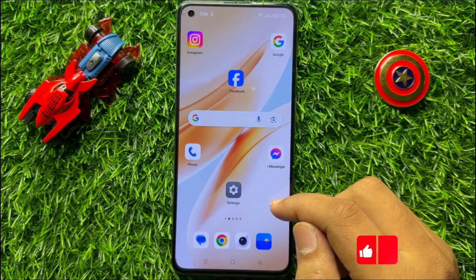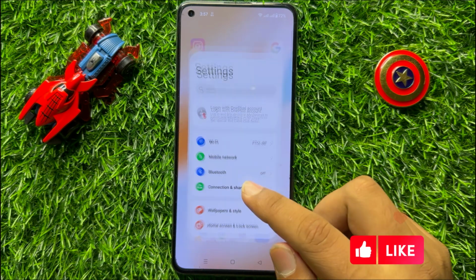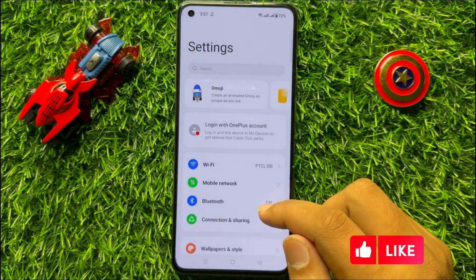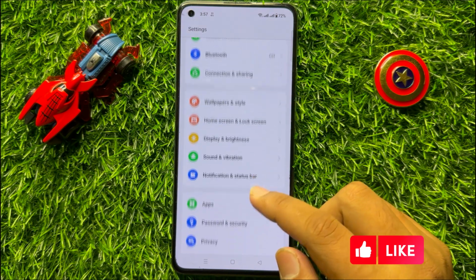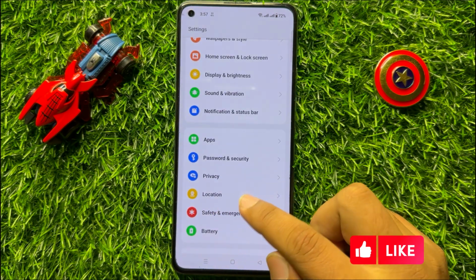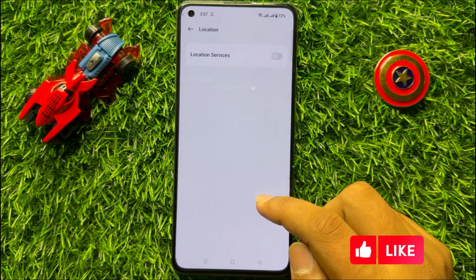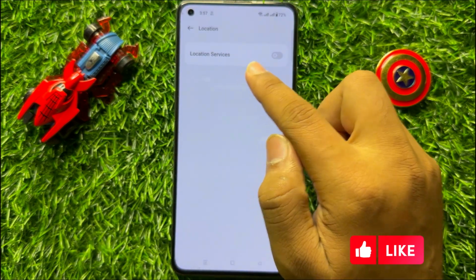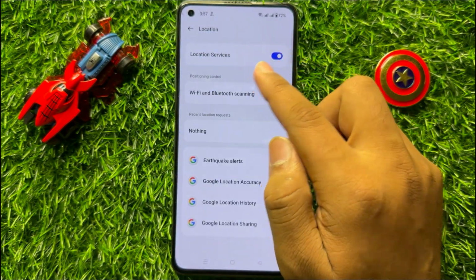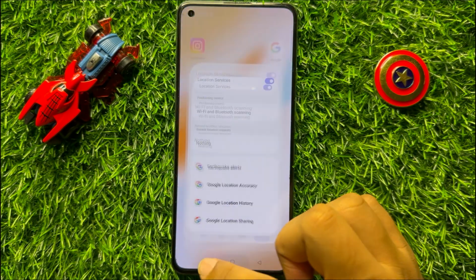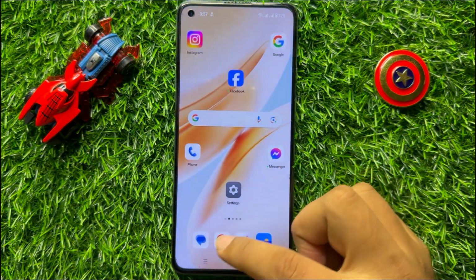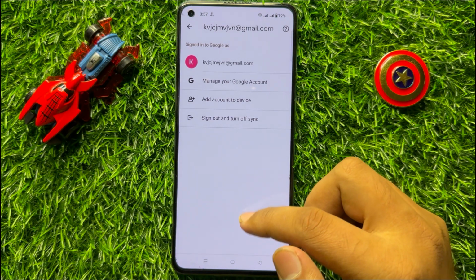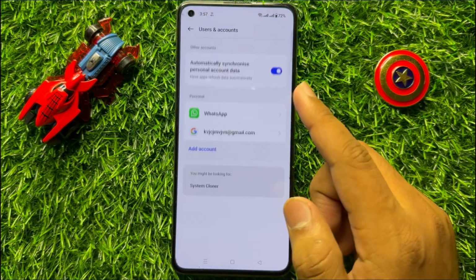So to fix this issue, first of all open settings. Now in settings scroll down and here click on location. Now first of all turn on location services, and after turning it on check your internet connection. Now if your internet is working properly,